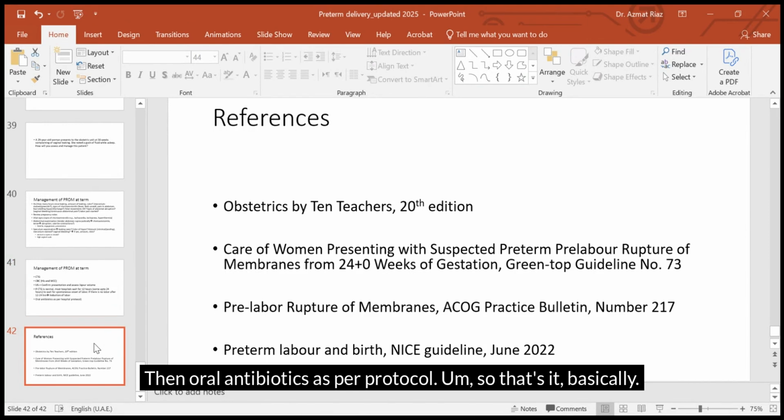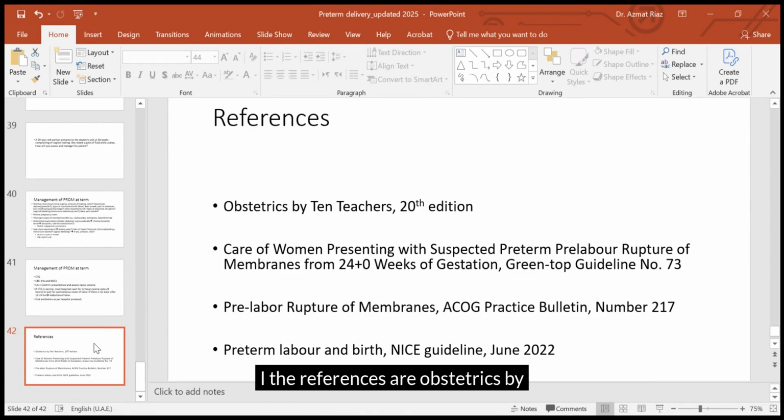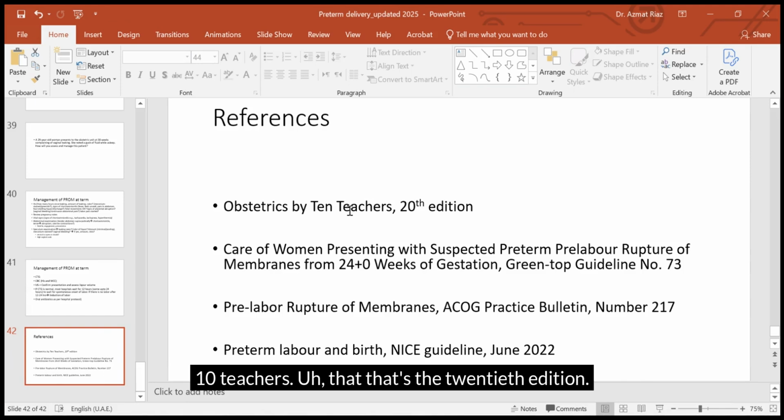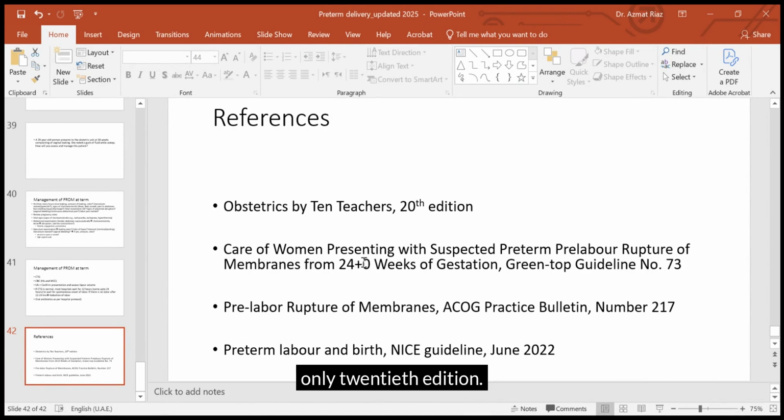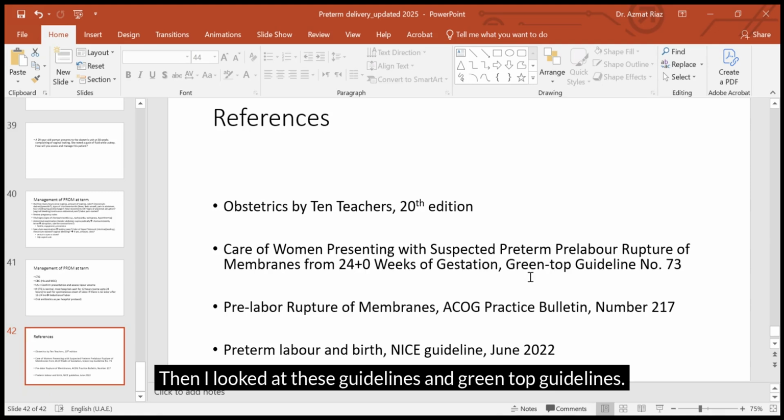So that's it, basically. The references are Ten Teachers Obstetrics, the 20th edition. Now we have a 21st edition as well, but I used the 20th edition because at the time of preparation I had only the 20th edition. Then I looked at the RCOG NICE guidelines and Green Top guidelines, and for one particular slide, I looked at the ACOG practice bulletin for pre-labor rupture of membranes. If you have any question, just drop a